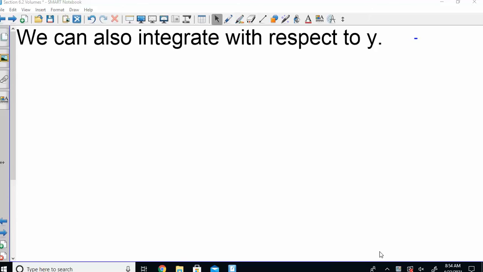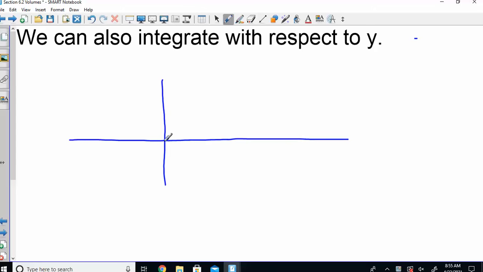Sometimes it works better to do it with respect to y. So we can go either way. You want to do it with respect to x when you have problems where your starting and stopping points are on the x-axis. So I think like the last one, or next to last one, we did one yesterday that was like a semicircle type thing. And we started and stopped here, so we had clearly defined x values. You know, when we rotated that one,